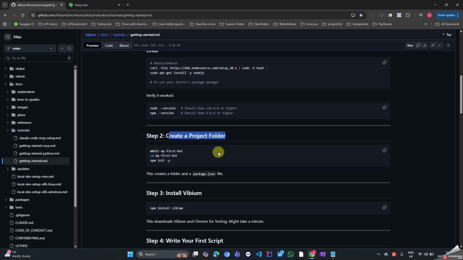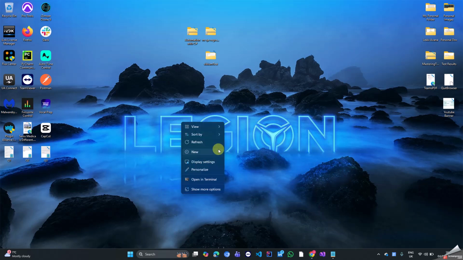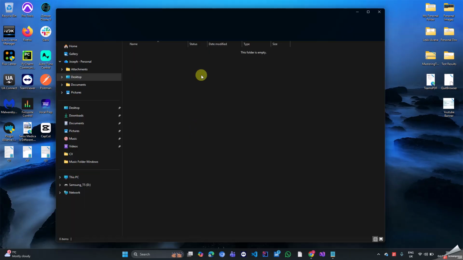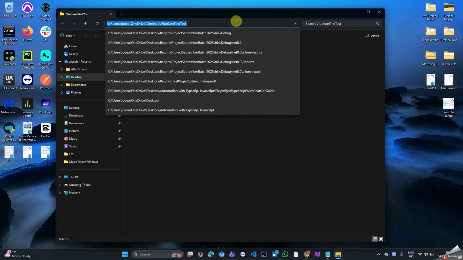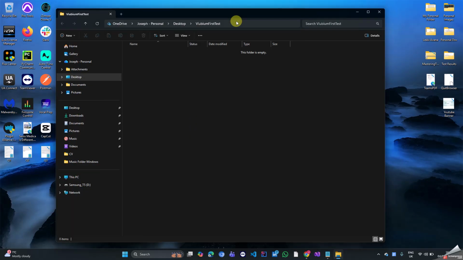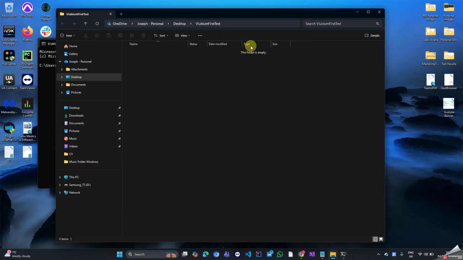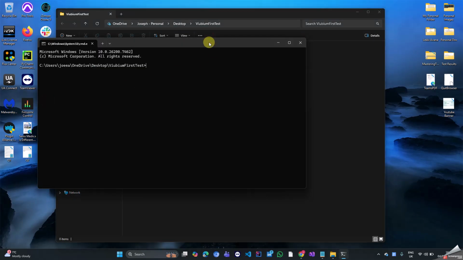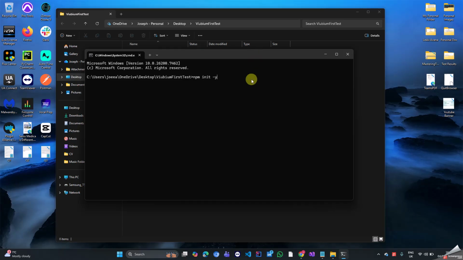So I'll go ahead and create a project folder, and I will initialize the project. So all I'll do is come over to my desktop, right click, go to new, and type Vibium first test and press enter. So double click on the folder, and you want to type cmd right here and press enter, which will open the command prompt, and you want to go ahead and initialize the project by typing npm init -y